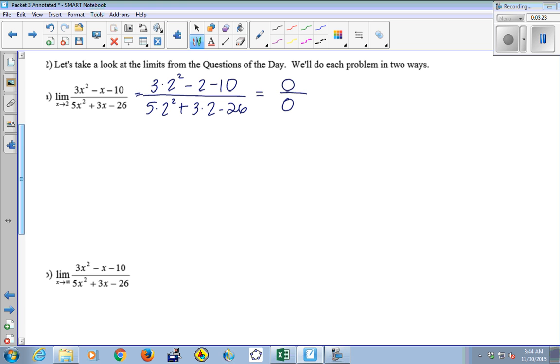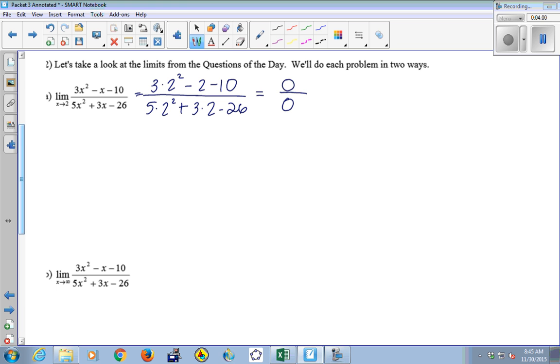Undefined, because you can't divide by 0. And there are conflicting rules in that fraction. 0 over anything is supposed to be 0, but anything over 0 is undefined. But any number over itself is supposed to be 1. So there are all these conflicting rules, so we have to call that indeterminate. You can't tell what that is. So when we find an indeterminate form, what that means is that you have some more work to do. You have to do some algebra to see if you can simplify things before you plug the 2 in.